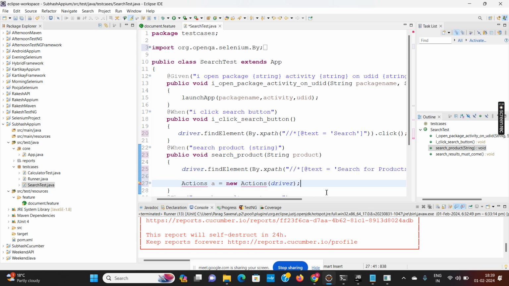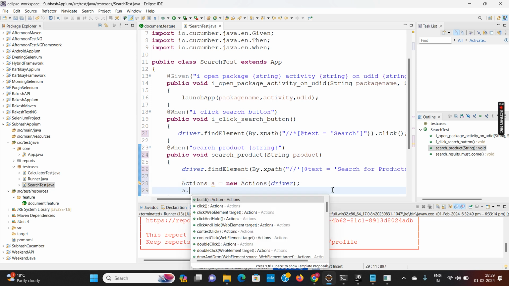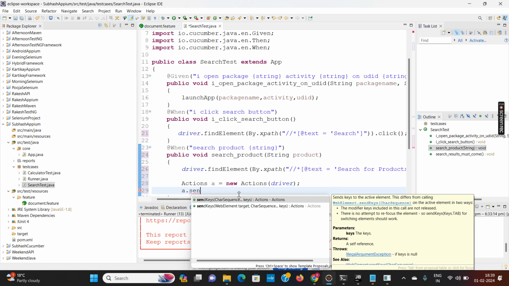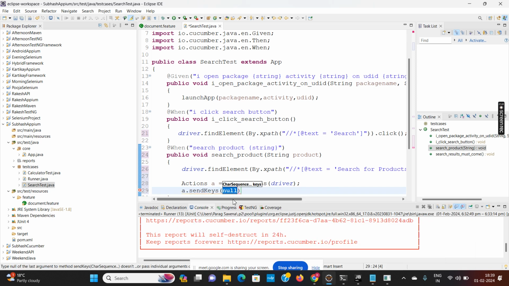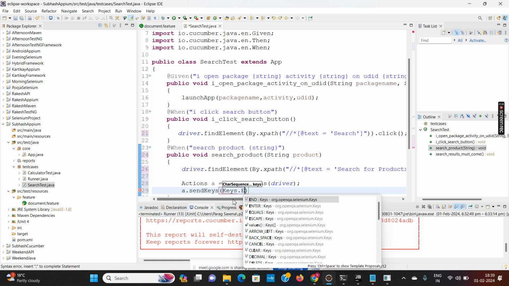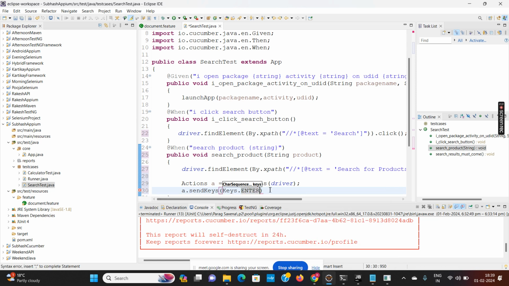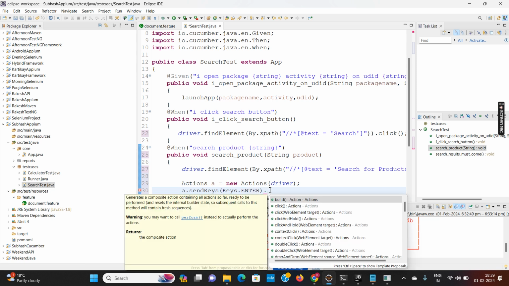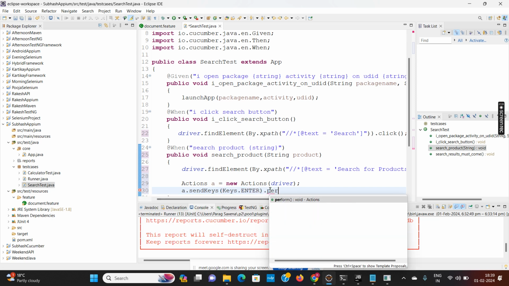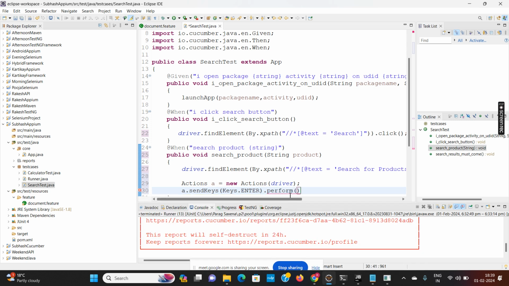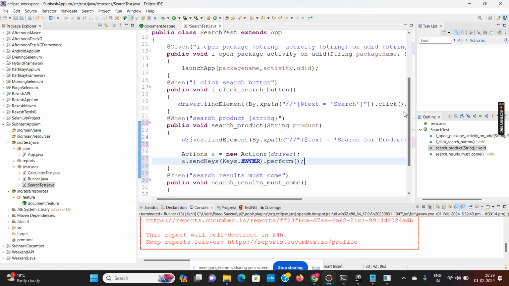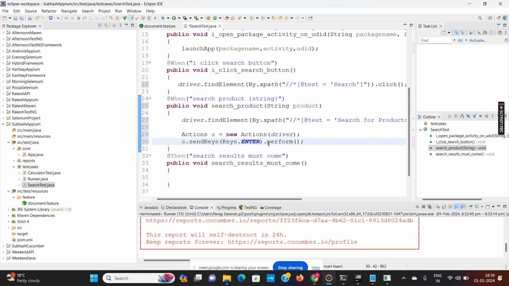You can import with Control Shift O, and then a dot send keys, same Selenium code, Keys dot enter. Everything, 80-90% of the code is Selenium code only. Dot perform will perform the action. So we have searched and then pressed enter to perform the action.